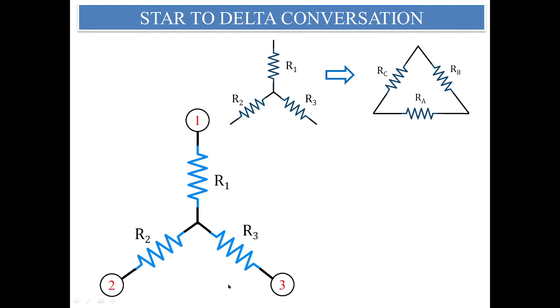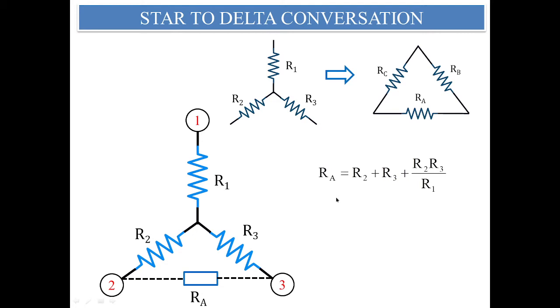I'll start off with node 2 and node 3, and I'll get a branch resistance of the delta network, RA. Here you have a branch resistance between node 2 and 3. The resistors connected to node 2 and node 3, you take them first. R2 is there, R3 is there. So RA is R2 plus R3 plus R2 into R3 divided by R1. Isn't that simple? You take R2 here, R3 here, and the opposite resistance to RA, that is R1. It divides the product of these two resistors, which is the third term for RA.